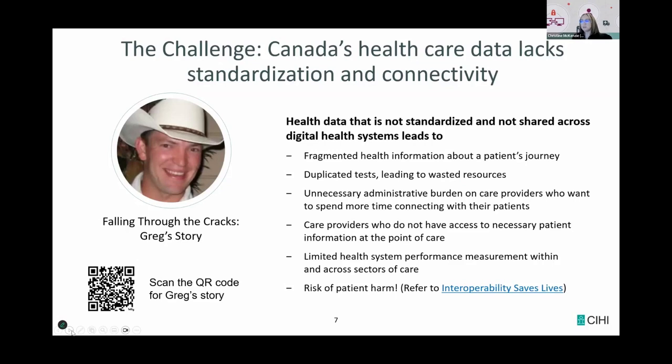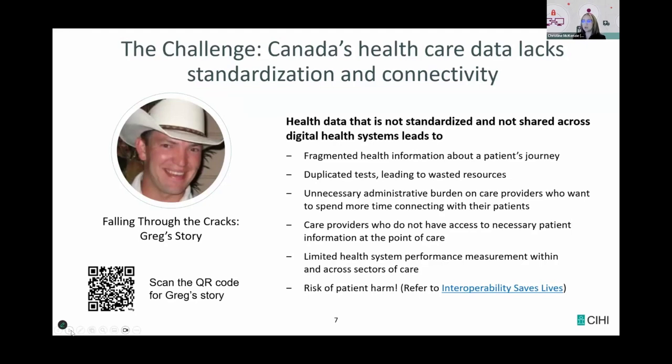Often care providers do not have access to health information about their patient at the point of care when they're providing care to their patients. And because of the limited health information, there is limited health system performance measurement within and across sectors available. And all of this can create risk to a patient and provide patient harm, or even in some cases, death,